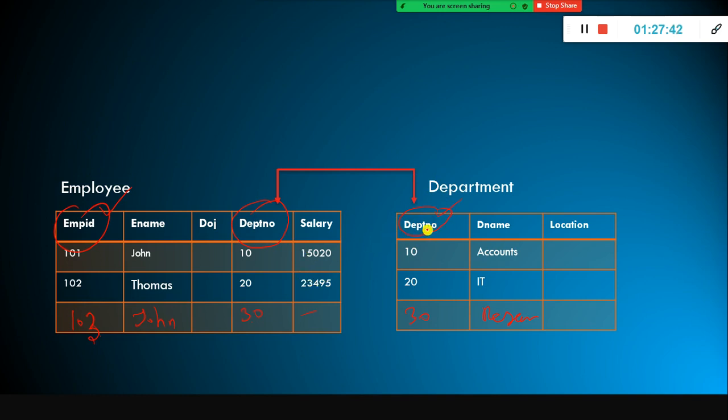There is a reserved word for that in order to create the foreign key constraint. For the department table, the department number is the primary key, whereas the same department number in the employee table is a foreign key. This is called a foreign key, because this column is foreign to this table. The value for this column is coming from the other table.